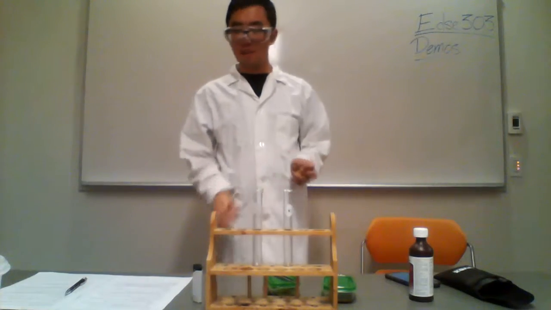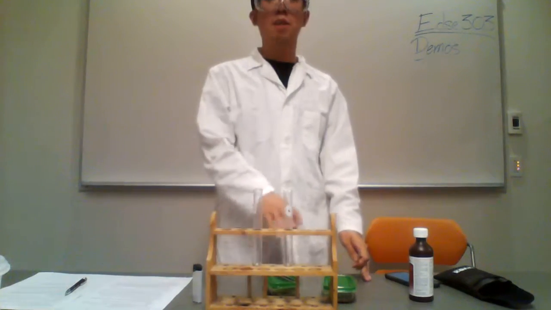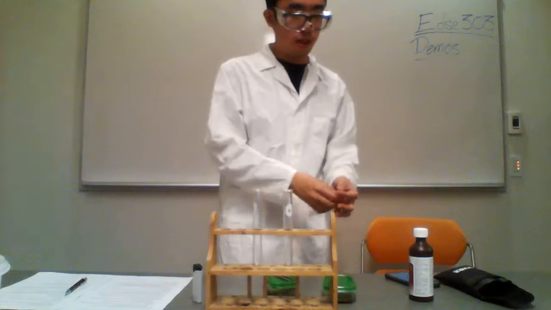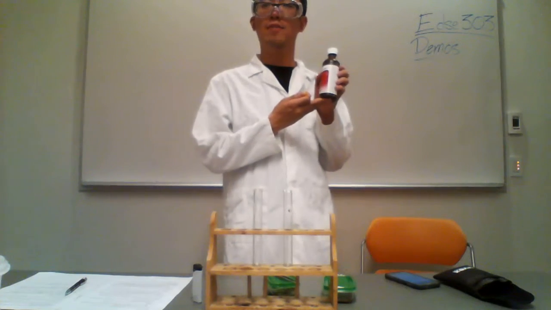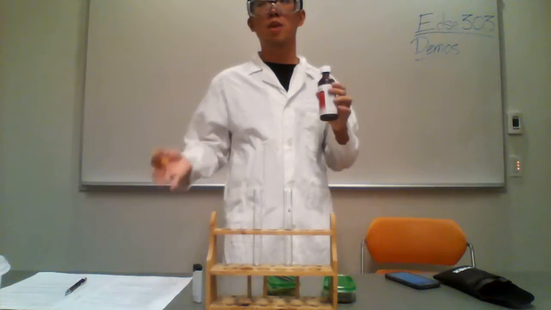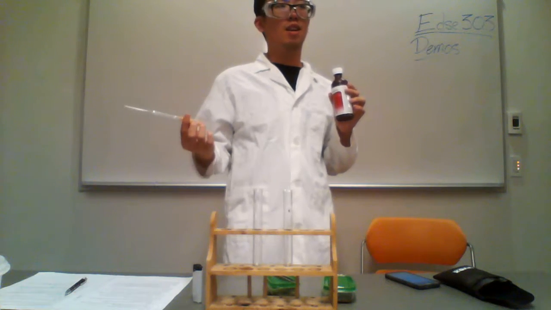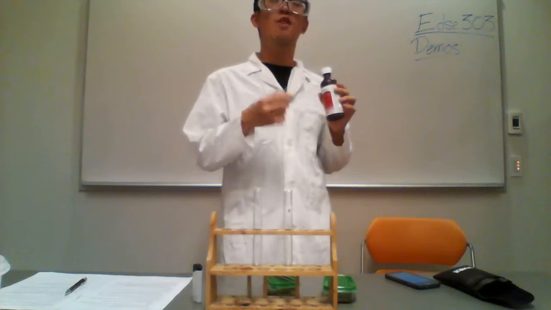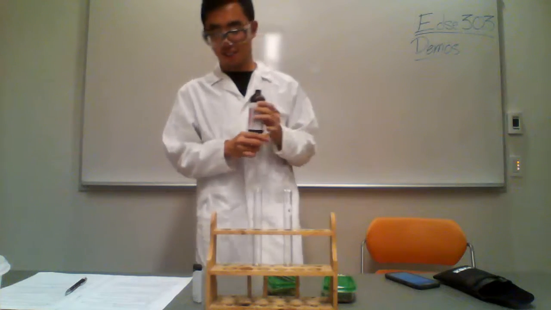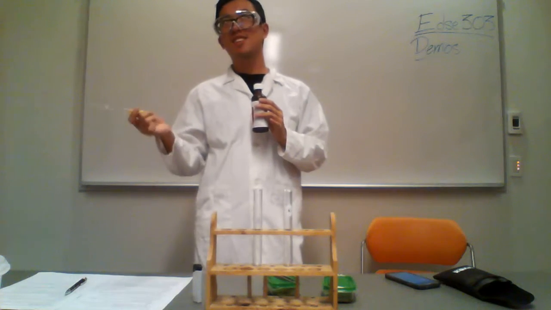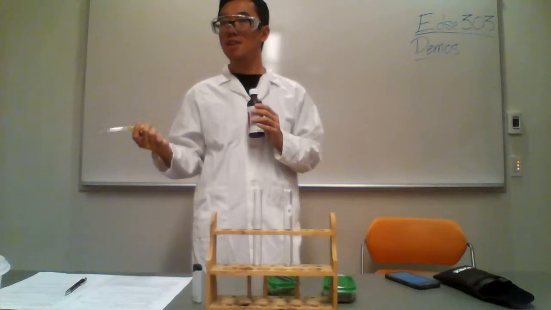Okay, so basically what is going to happen today is I'm going to take a piece of liver and a piece of potato and put it in some hydrogen peroxide. Do you guys have any guesses of what will happen when I do this? Is it going to make bubbles? You're correct. Why do you think it's going to make bubbles? Oxidation. Sort of. Yeah, you're pretty much on the ball there.